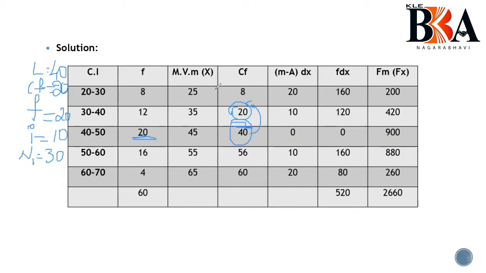Fine. This is the method where you can get the values. First you need to go for N1. Then when you find out that value, you go for the CF here. You have to find out where the value lies. Then here it is 40. Always look into one. Don't go for the previous one. Go for the preceding one.